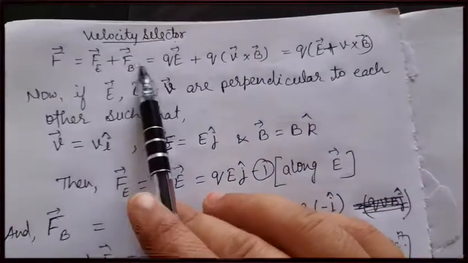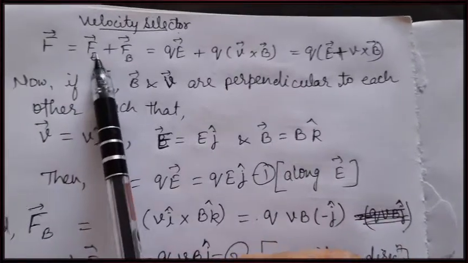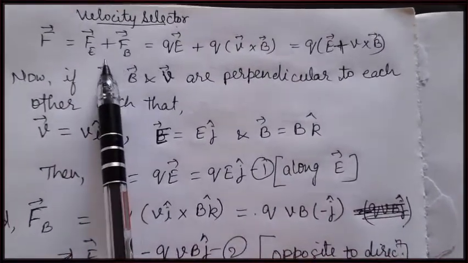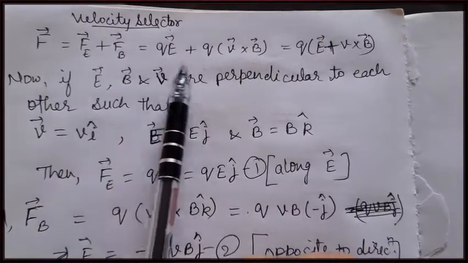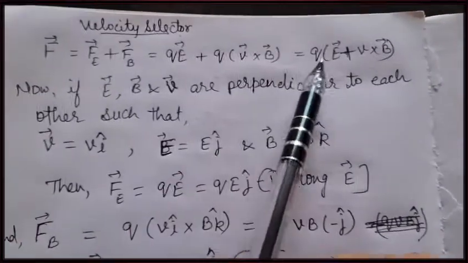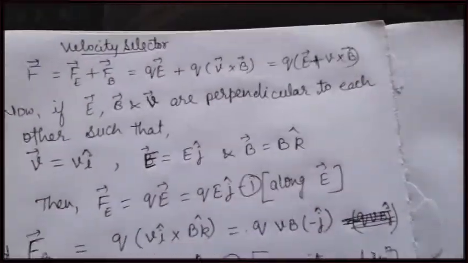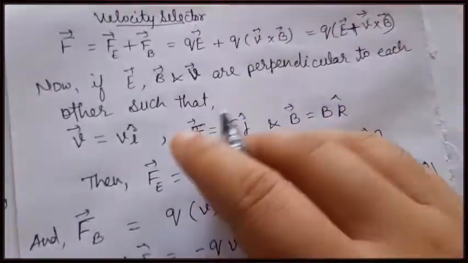Okay, so today we study the velocity selector arrangement. Now we know that when a particle is moving in the presence of both electric and magnetic fields, then the force acting on it is the sum of the forces due to both the fields. So, the expression is this. We have studied the Lorentz force equation also. So the expression is like this.